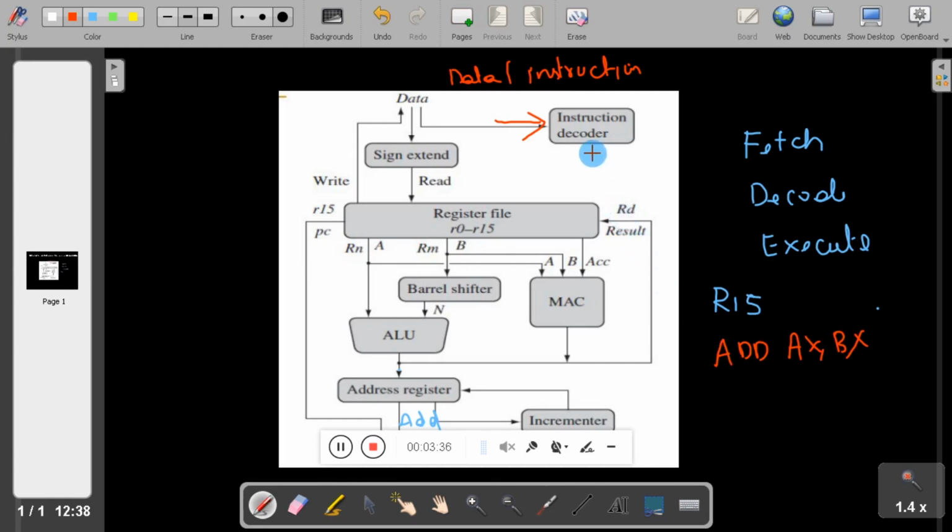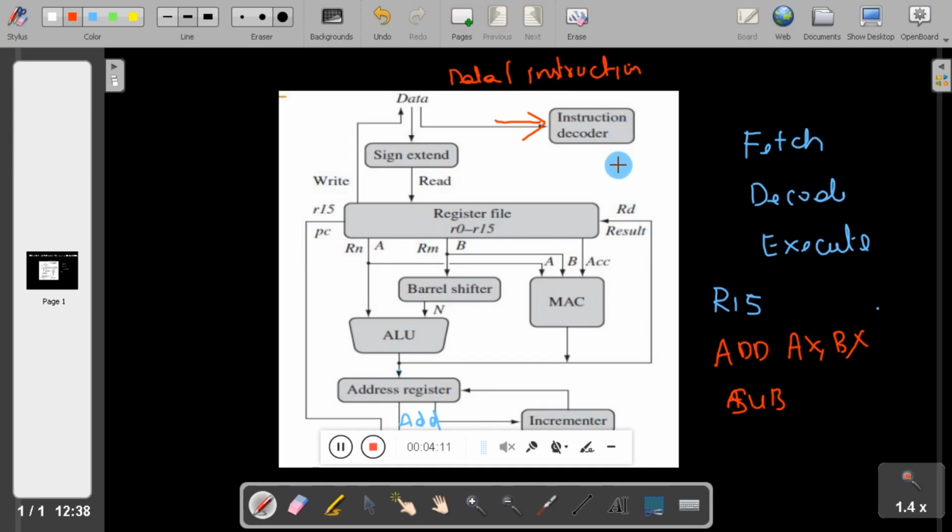So the main job of the decoder is to decode or analyze the opcode. There will be a separate opcode for each instruction. For example, ADD AX, BX contains one opcode. If you use SUB AX, BX, that contains one more opcode. So the main job of the instruction decoder is to analyze the opcode, and it has to tell the other units what action has to be taken based on that.